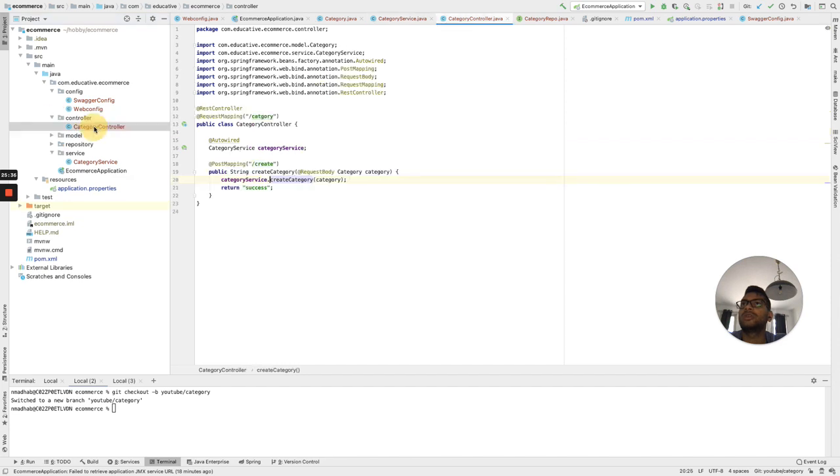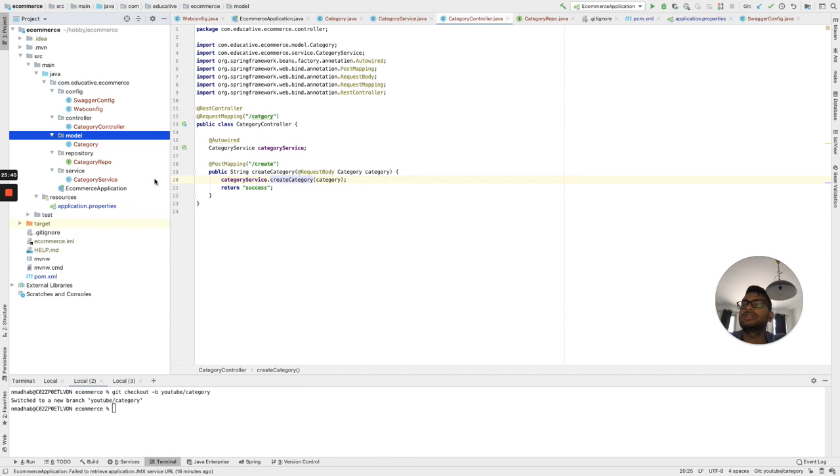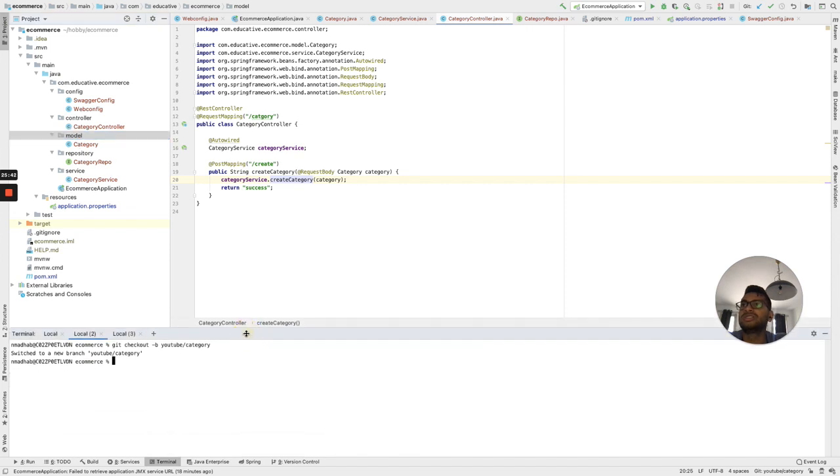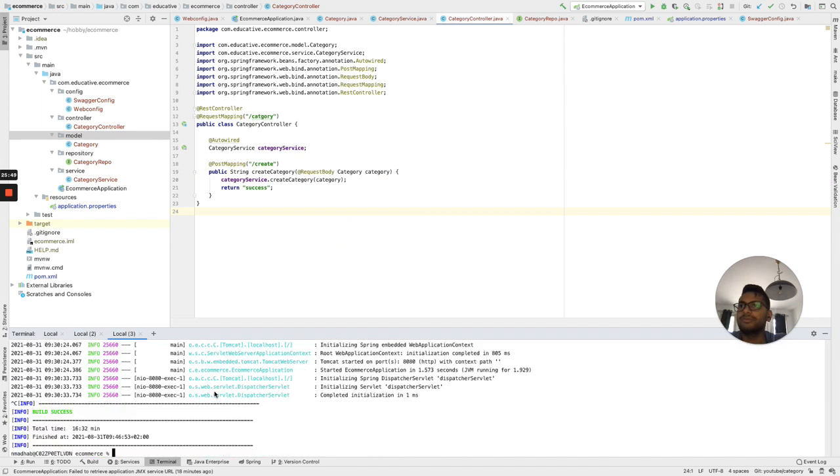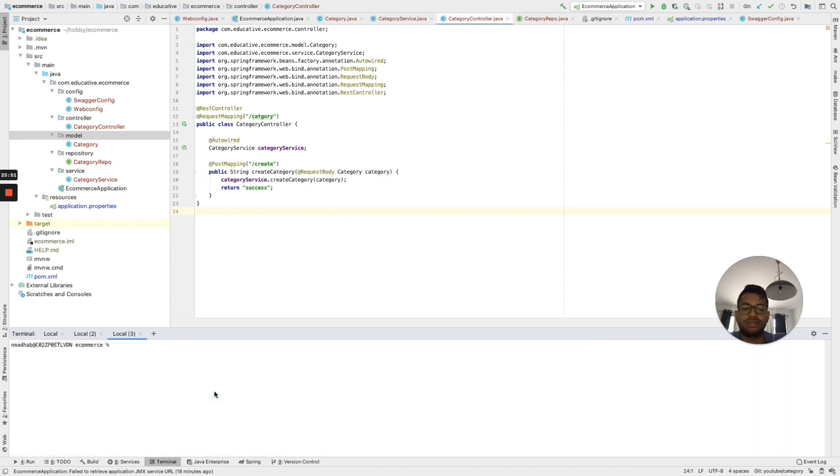So we have the controller ready, we have the repository, we have the model. So, fingers crossed, let's try to run the code. Let's stop it, clear the console and run again.